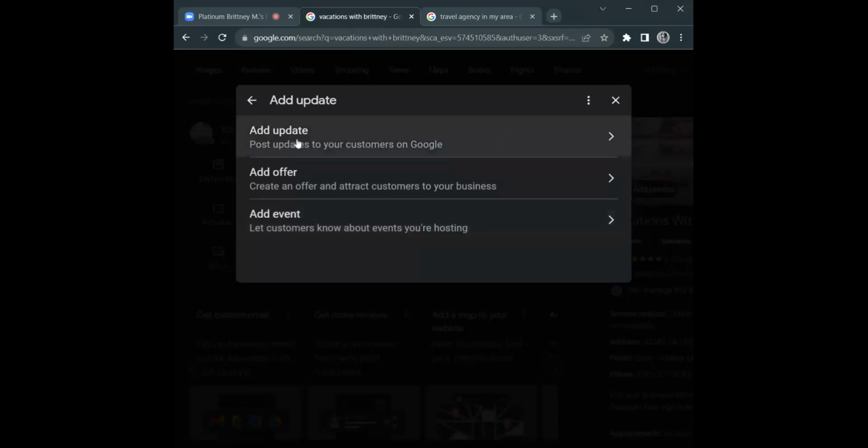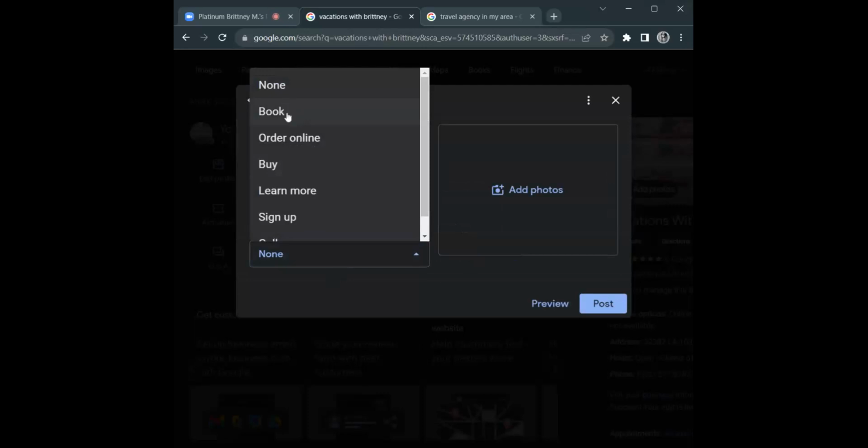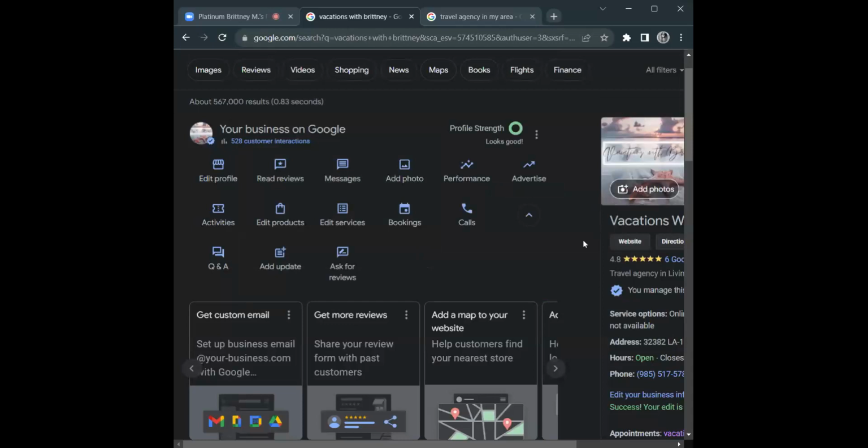Okay. But if we want to add an update, all we do, you guys, add a description, add a button, right? Your button can be book, order now, buy, learn more, sign up, or even call. And you can add that photo. Google will review any of the updates that you put on your page. And it usually takes, for me, about 24 hours. So I usually give them about 24 hours and then go back and check